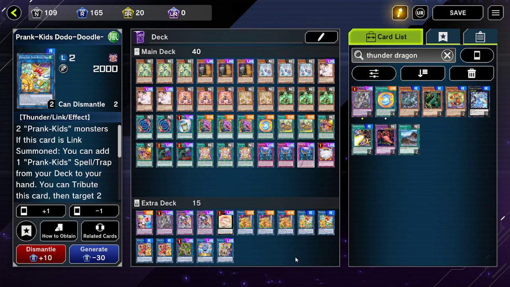Next up, we have 2 copies of Prank Kids Dodo Doodle Doo. I don't ever really miss having the 3rd one, since we can add it back with our Prank Kids Pranks, and other than that though, it is the best Link 2 for the deck. When it's Link summoned, you get to add a Prank Kid spell or trap from your deck to your hand,